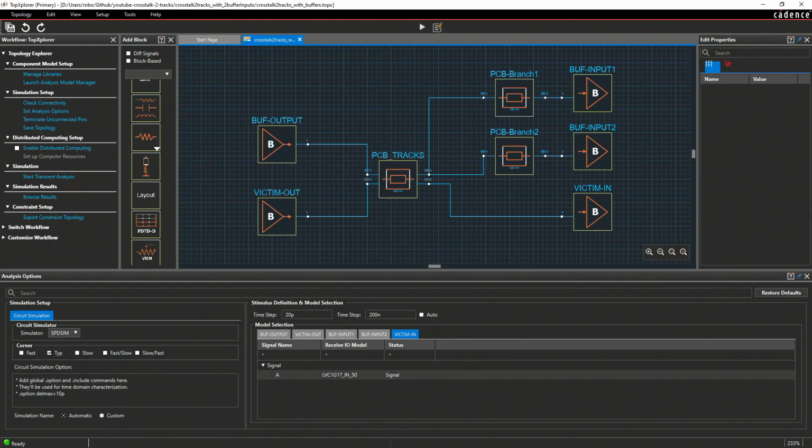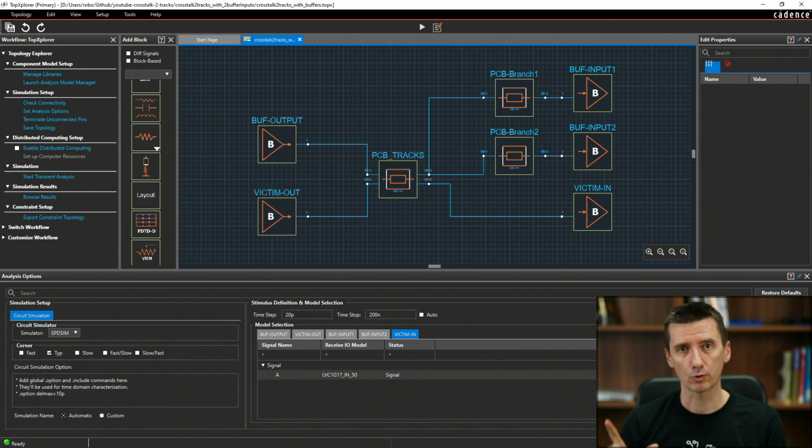When I was talking to a friend of mine about these simulations and about these results, he pointed out two very interesting things. First, he asked me if this output signal is not going to be square, like with right angles. And I believe the output signal, what we see coming out of this buffer, is based on the IBIS model.